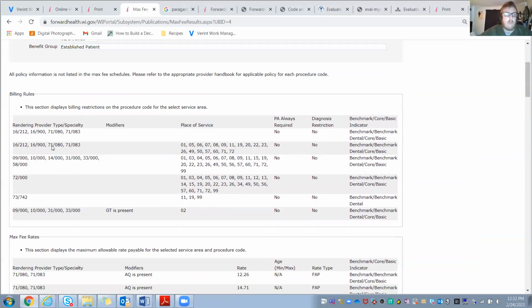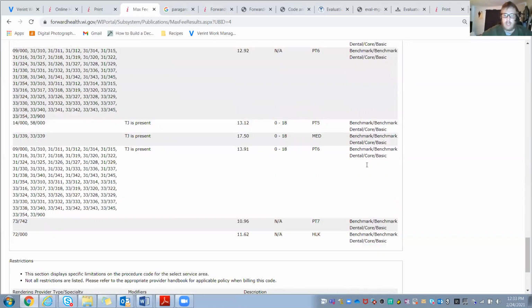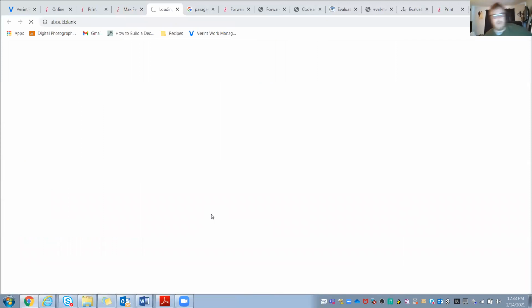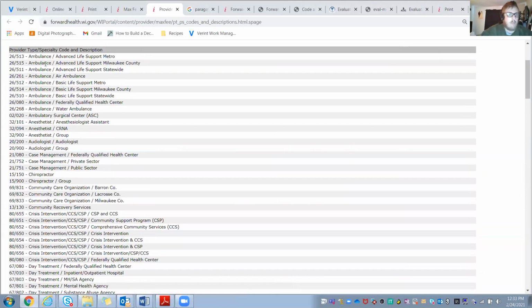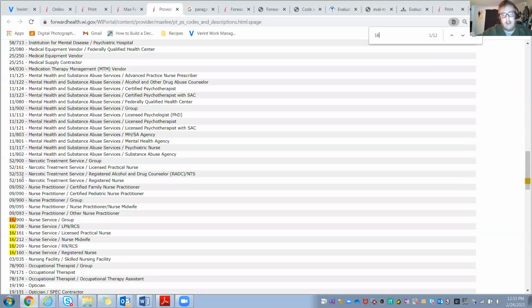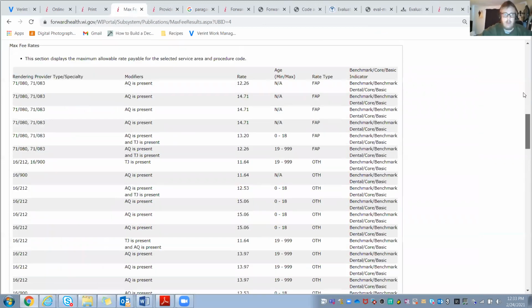Okay, and the way I know that a 16-12 is a midwife is by going down to the bottom again and clicking provider type and specialty code reference. And here you can see a listing, and of course it's not in order. If I'm really struggling to find something, you can Control F and do 16 and 212 brings it up. So that's nurse midwife. So I'll go back to the fee schedule and go back up to the allowable provider